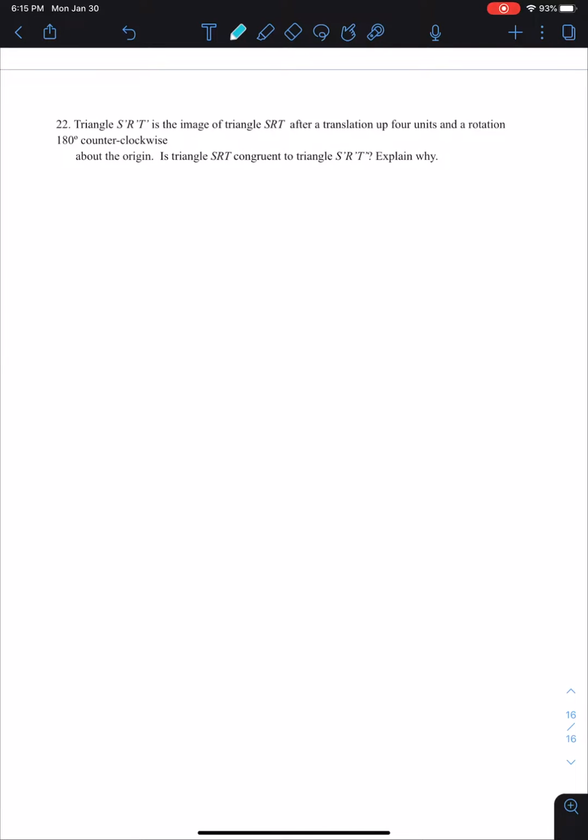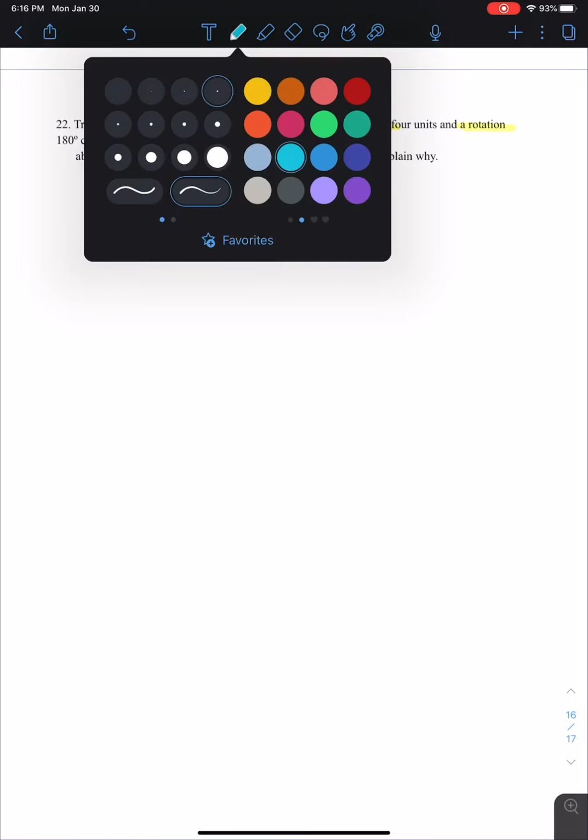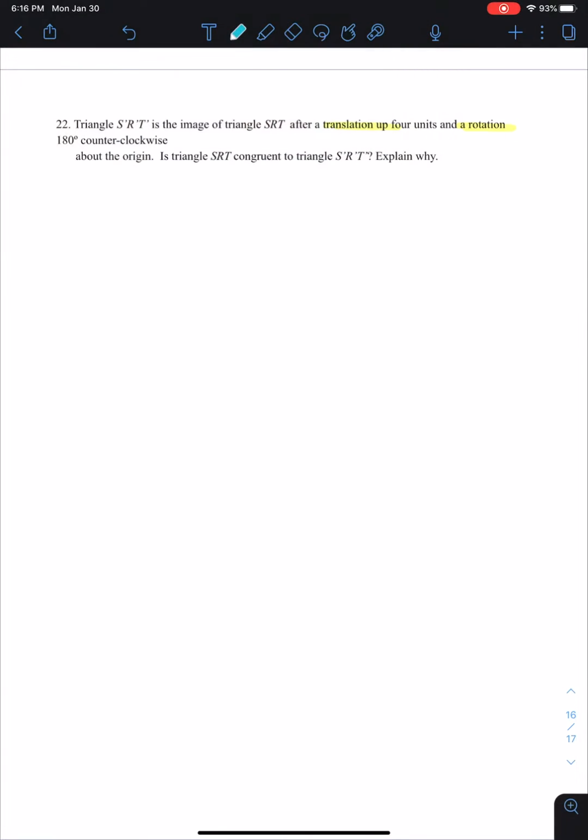Triangle S prime R prime T prime is the image of triangle SRT after a translation up of 4 units and a rotation of 180 degrees clockwise about the origin. Is triangle SRT congruent to triangle S prime R prime T prime? Explain. So whenever we see problems like this dealing with transformations, and the pre-image being congruent